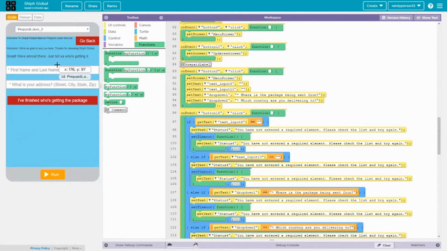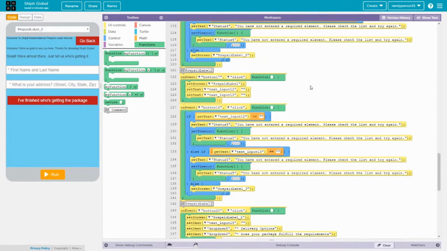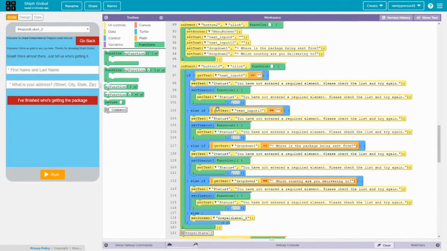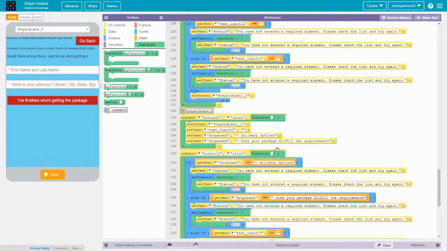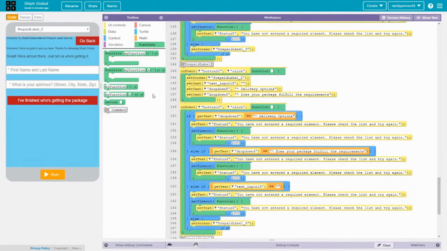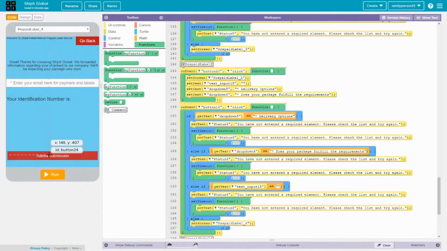Okay, this is button 18. So button 18 would be, oh, okay, I see what the problem is. We'll go here and type in button 18. And I can find that there's another error, button 24 on this one. We can go ahead and run it,